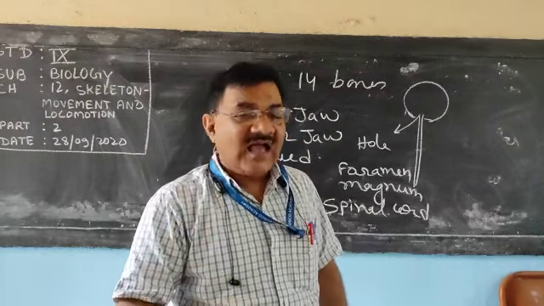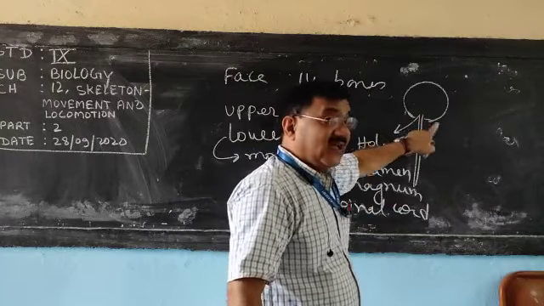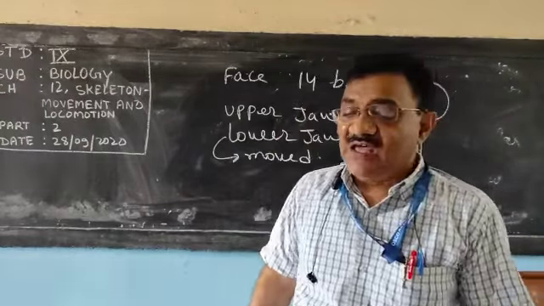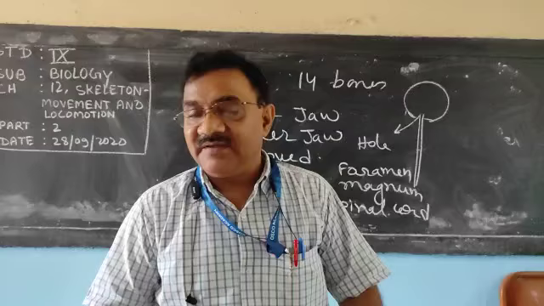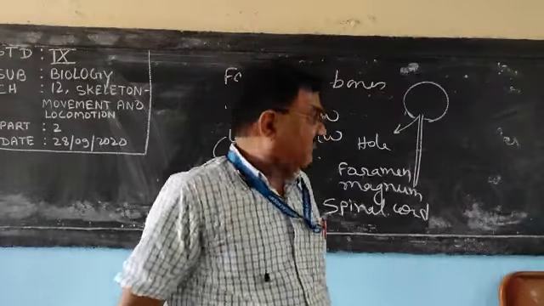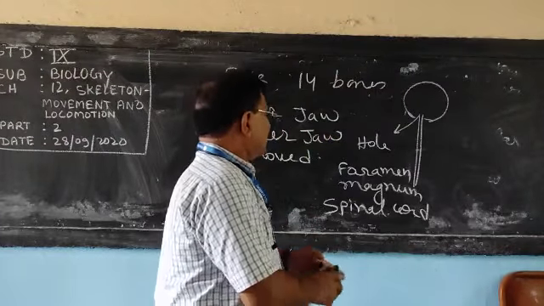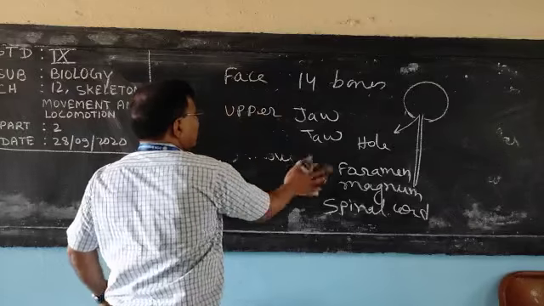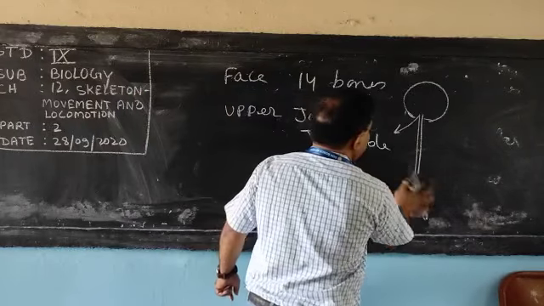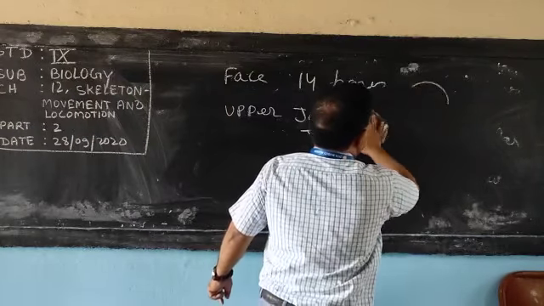Very clear? And through this hole only, the name of the hole is the foramen magnum. So it is very clear what the foramen magnum is. Now, some more things which we have to discuss. We have understood about